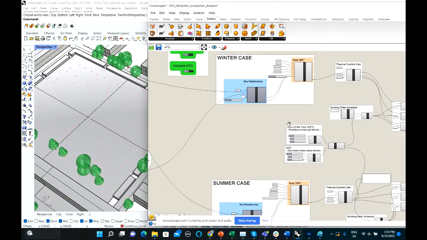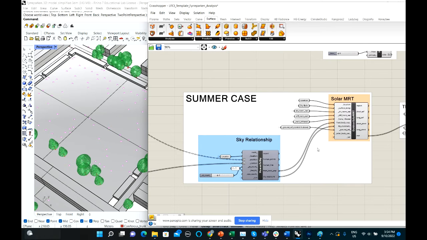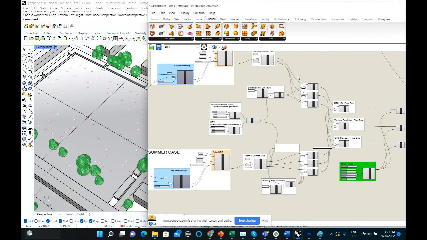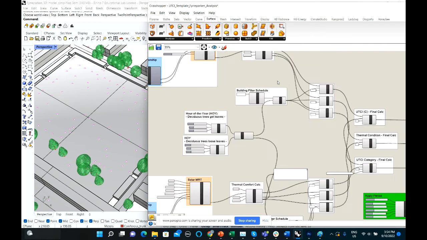Here it did the same thing, but just assuming that the deciduous trees always have leaves. They're full of leaves for the entire year. Okay, but we know that that's not true. So this part of the code, what it does is that